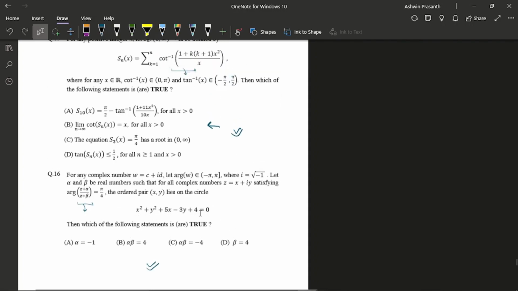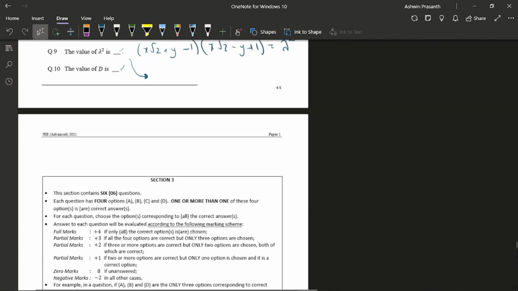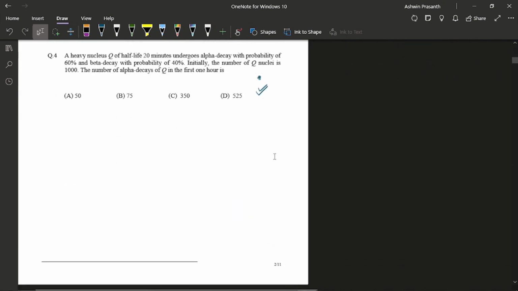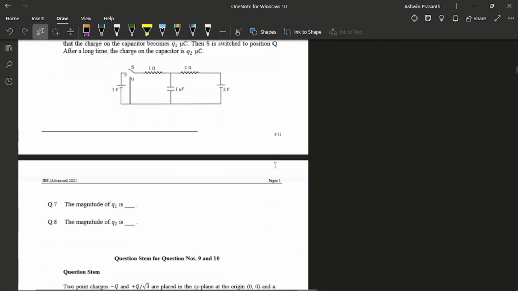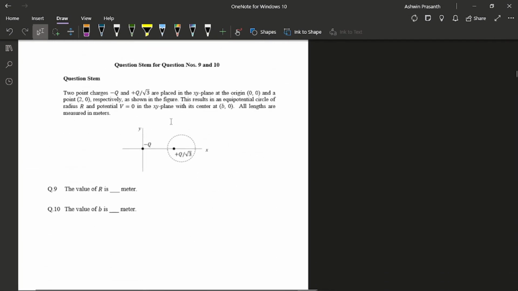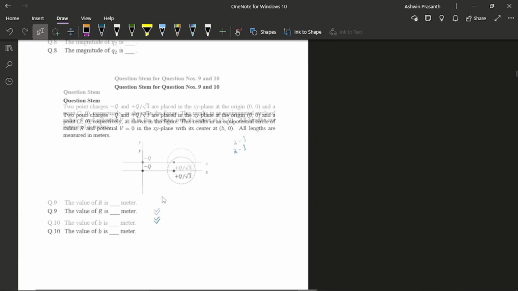That is the end of maths first round. Then I moved on to physics. So like I said, section 1 I had finished, then moved on to section 2. This was the first question in section 2 for me. It took me some time to understand the situation. Then after I understood, I was able to solve it. But again, I made 2 or 3 calculation mistakes, so it took a really long time. This question, I shouldn't have spent that much time, but that was a fault I made. But still, I got both options right, so fine.